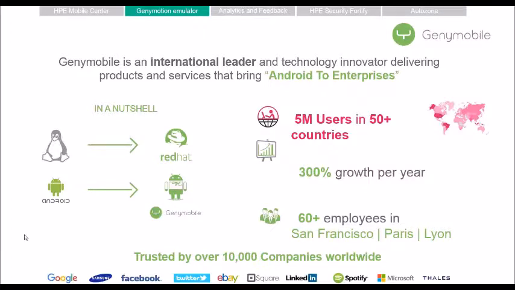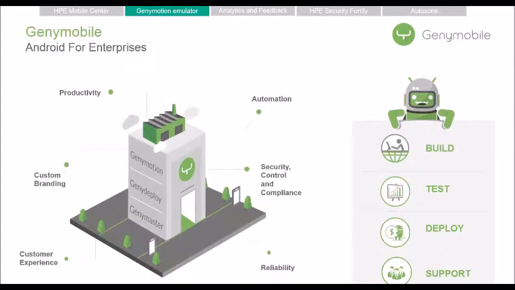It's all about Android, from devices to applications and data on top of that. And again, it's not just a marketing statement. We have 5 million registered users in 50+ countries using our products on a daily basis. Last year, we grew 300%. At the bottom, you are looking at a sampling of our marquee customers. We have around 10,000 enterprise-grade customers and offices in San Francisco, Paris, and Lyon. Let's go to the next slide, please.